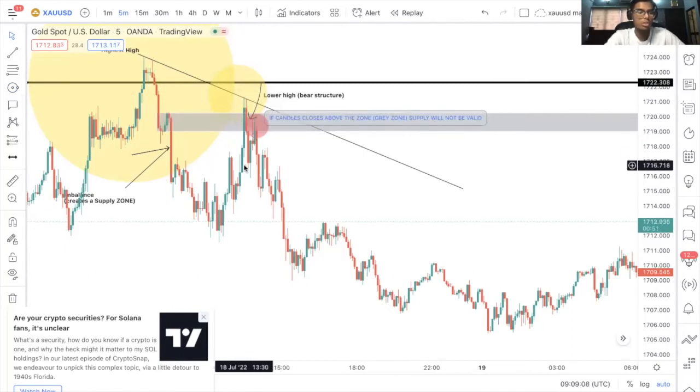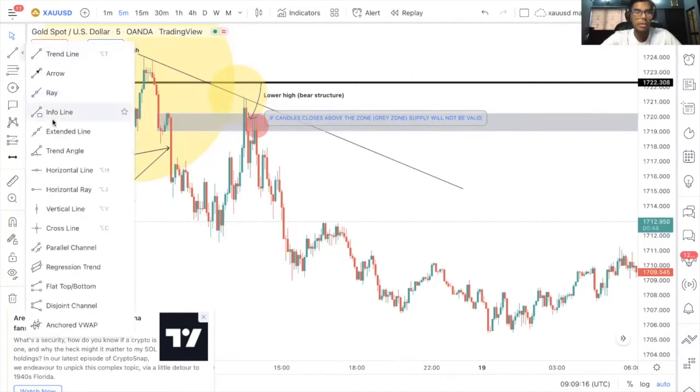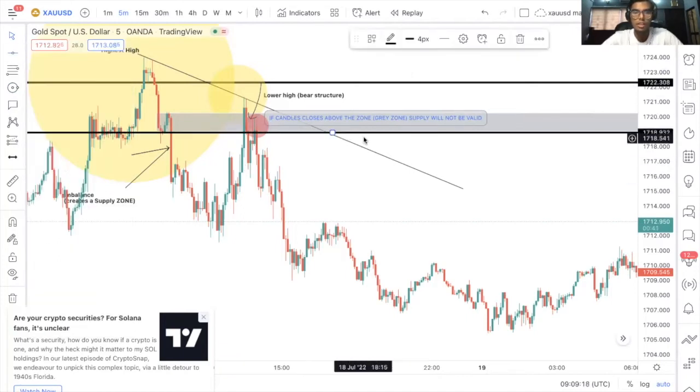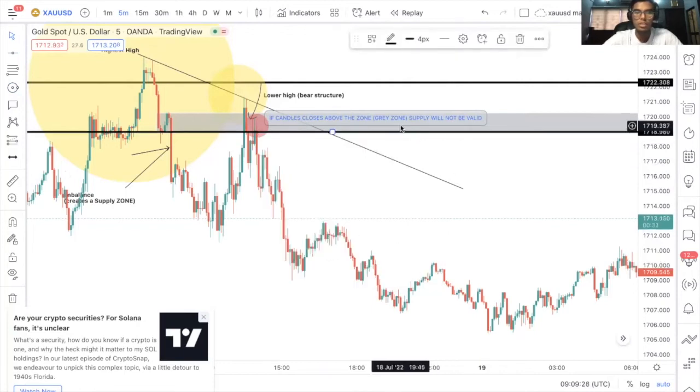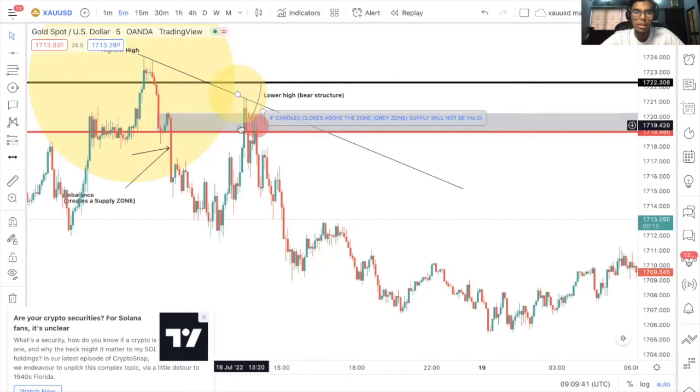My entry was at 1718.98. I had my sell trade at 17.98. Here, exactly here. You see, after price leaving exhaustion wicks on the zone, and that gave me an insight to get on the trade. So I had my sell trade right here, and then I had my stops just above